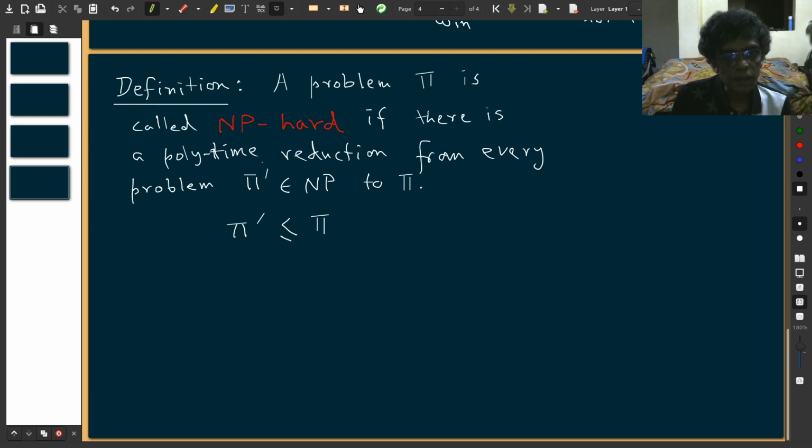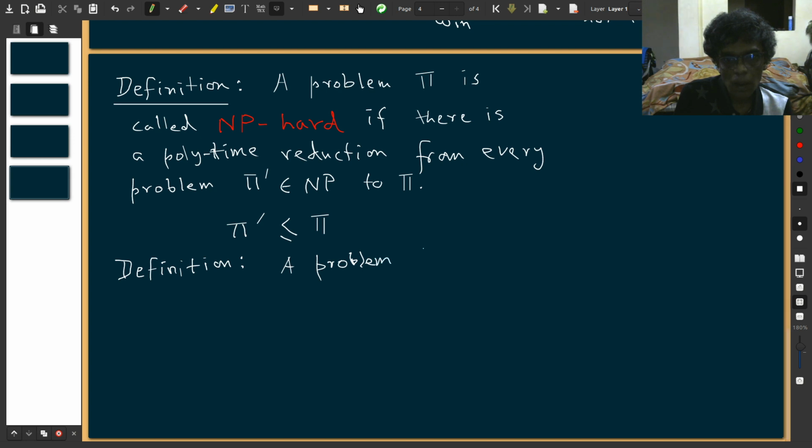Okay, but this NP hard actually does not capture the very correct notion, so I give a second definition, which is the most relevant in this context. Pi is called, once again choose another color, NP-complete